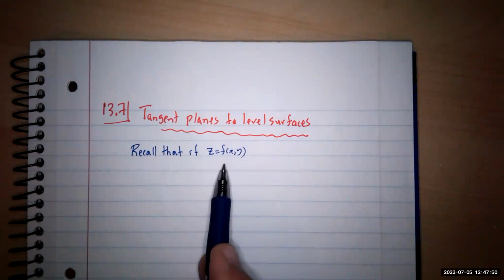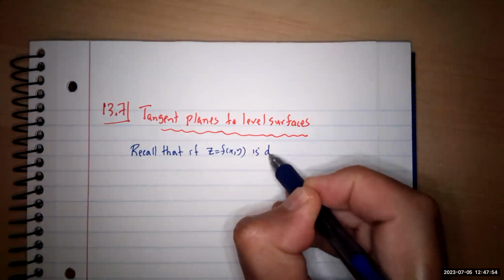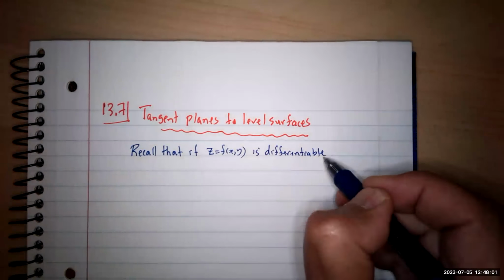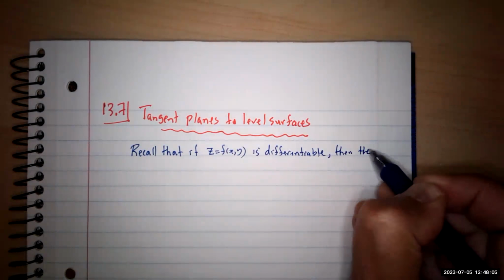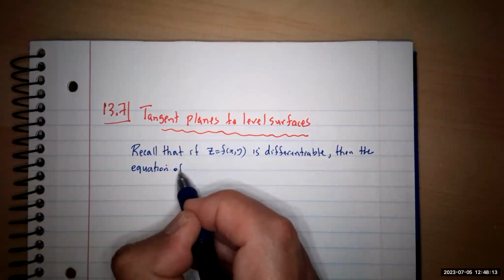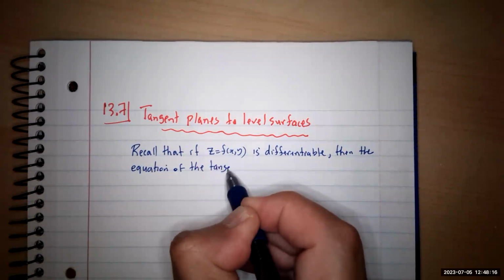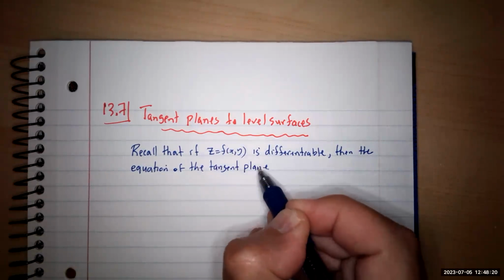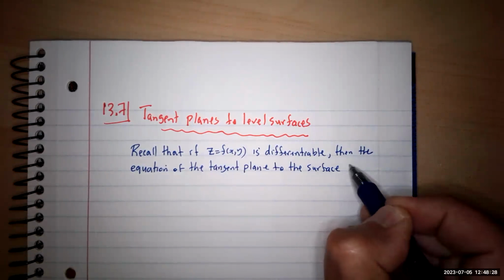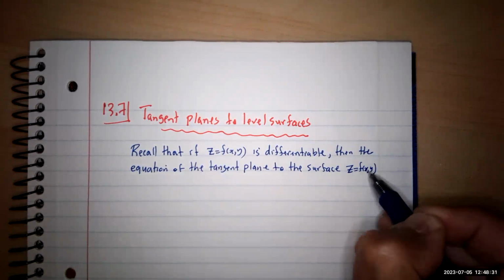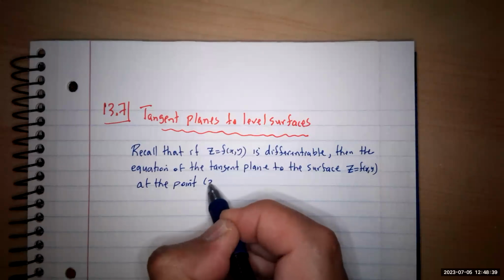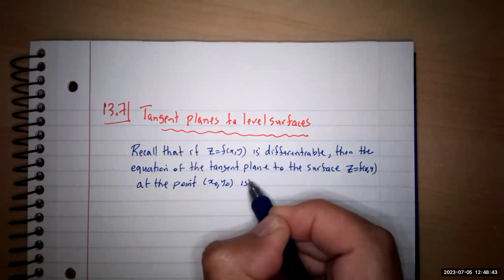So if this function is differentiable, we talked about it, the function can be approximated by its tangent plane. If it is differentiable, then the equation of the tangent plane to the surface, the graph, z equal to f of x, y at the point x0, y0 is given by,